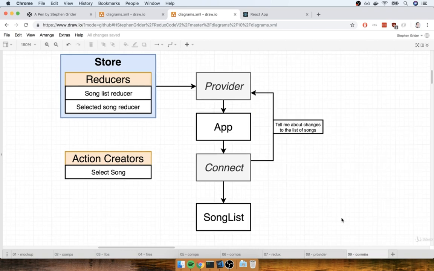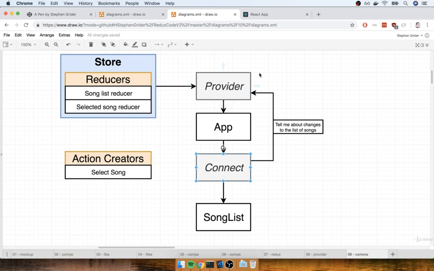So at some point in time, when we put that connect tag in there, we're going to configure the connect tag and tell it that when it gets rendered on the screen, and when it renders the song list as a child, it needs to reach back up to that provider and tell the provider that it needs to get the list of songs that are contained within our store. So the connect is essentially going to send a little message up, say, hey, tell me anytime that the list of songs changes, just let me know.